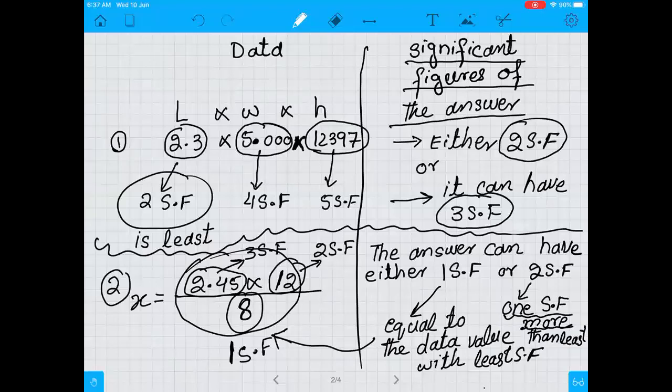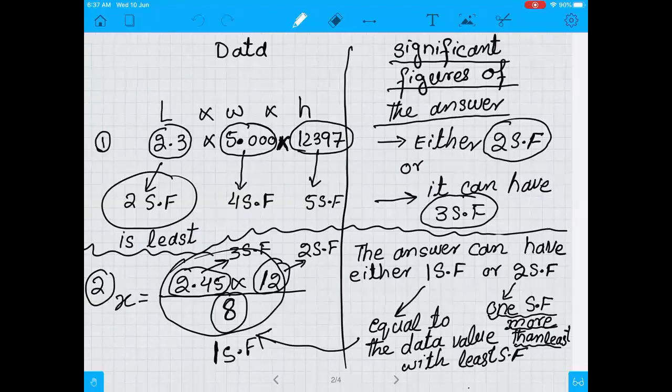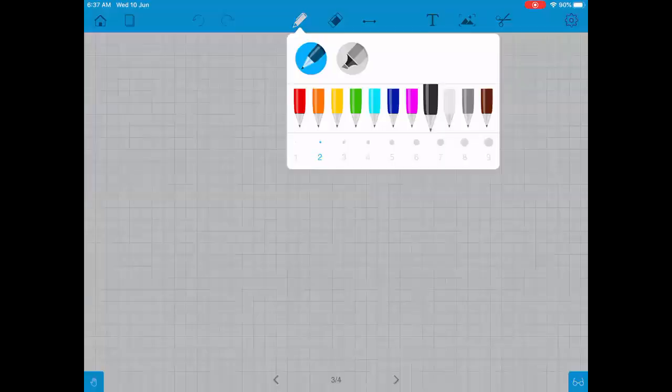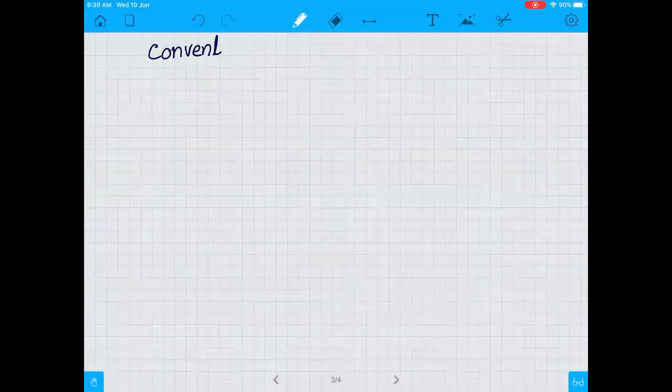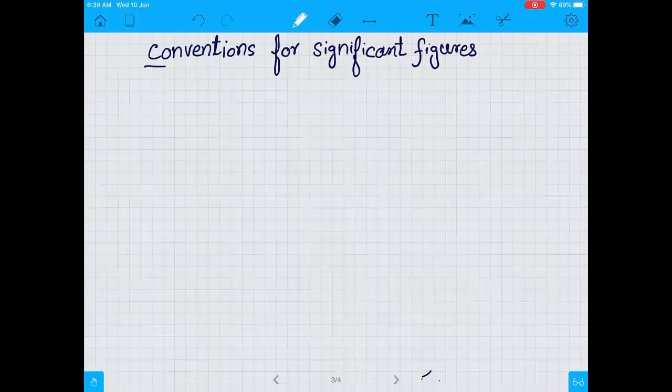Now, what are the conventions and rules, typical conventions about significant figures? Let's look for the conventions. Conventions and rules for significant figures. There are some conventions and rules that you have to understand. First of all,